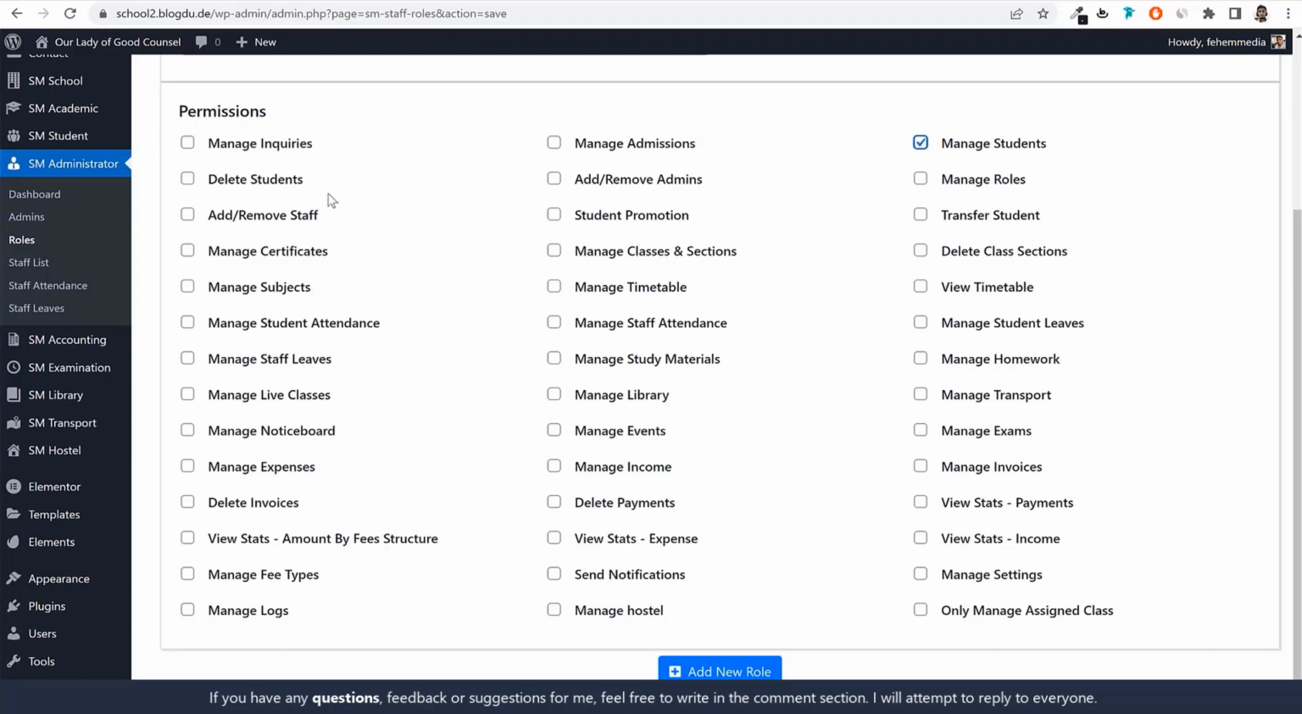Maybe they can manage students. They cannot delete students. They cannot manage roles. Maybe they can promote a student. They can transfer a student. They can manage certificates. They cannot manage classes and sections. But they can manage timetable, they can view timetable, they can manage subjects maybe, and most importantly they can manage student attendance, and then student leaves, manage homework of students, study material,